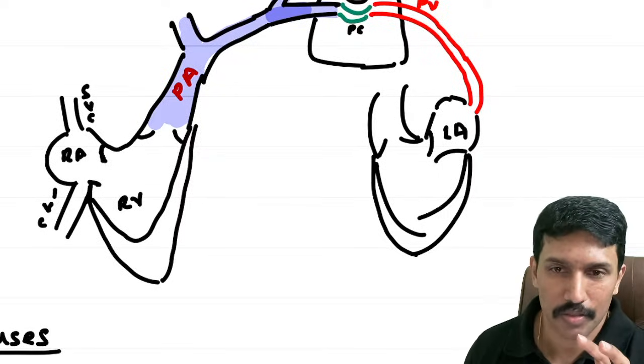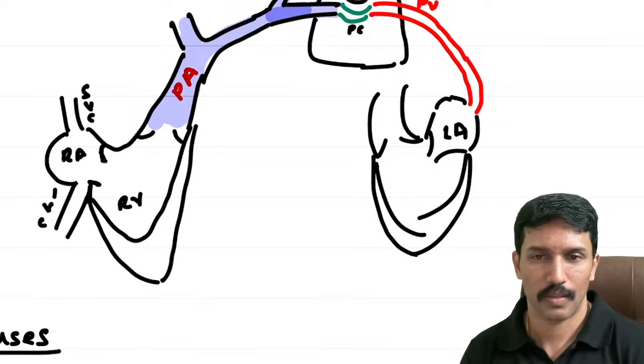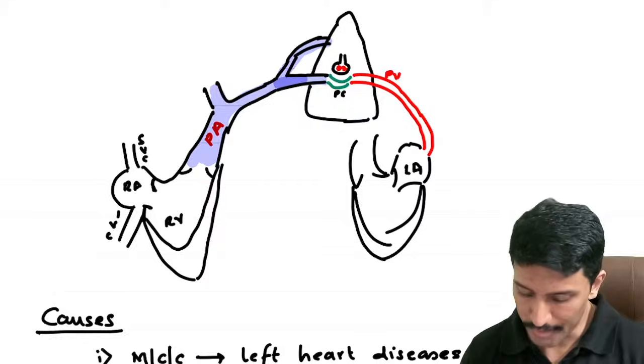In systemic hypertension, if I know a cause for this, then it is secondary hypertension. Okay, just to give you a pictorial idea. So we are